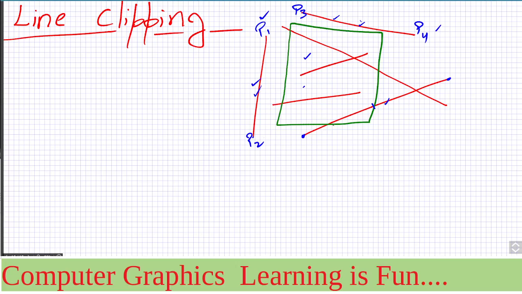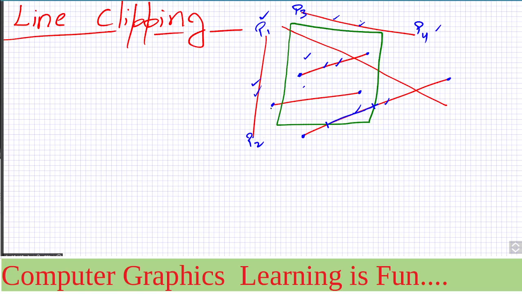So the portion where it crosses we need to find out, and that portion we need to consider to be displayed. It is very easy for those lines whose both the endpoints are inside the window. If both the endpoints are inside the window, in that case we can easily say that the whole line is inside the window. In other cases where one point is outside the window and another point is inside the window,